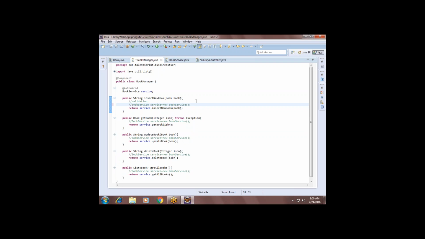Suppose in future you are adding some bonus to the employees. After receiving the data for the employees, you have to add some bonus percentage, and then you save the data into the database. You got my point? Or you are getting the salary data from the database and displaying it to the client, but before it goes to the client, you have to add some bonus to the salary, right?